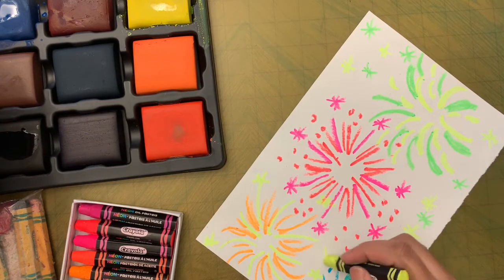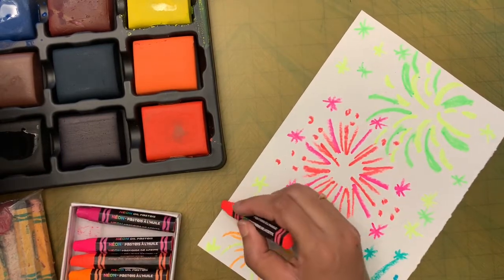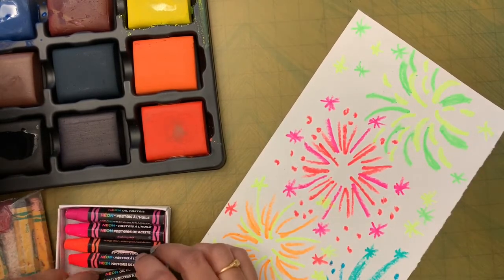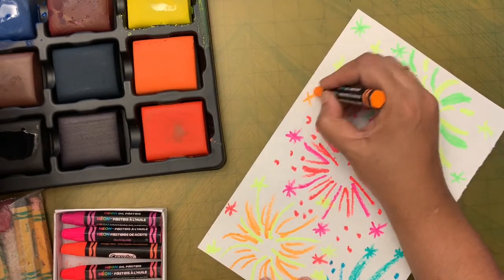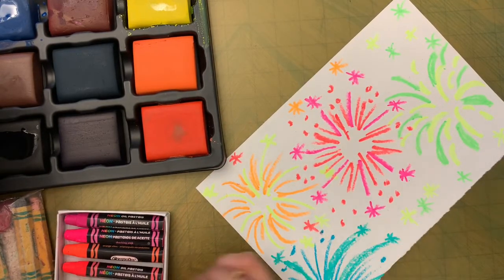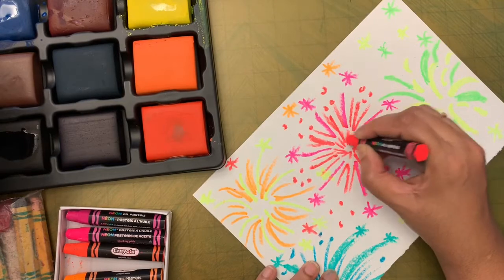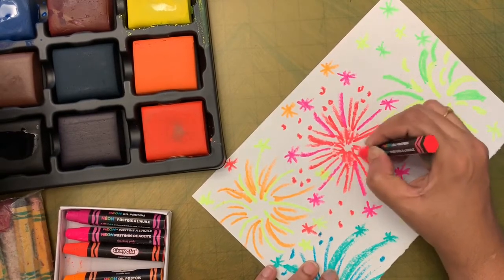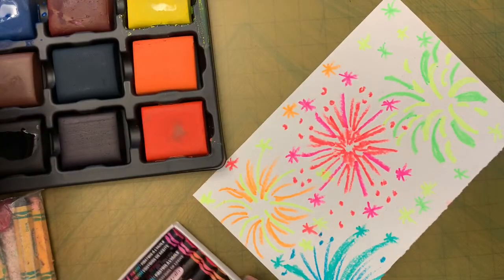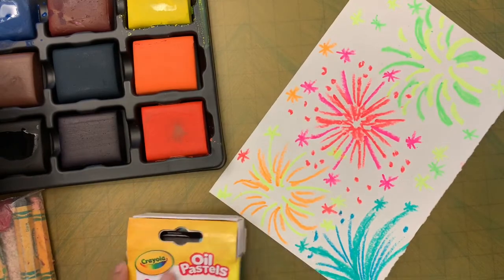Here. I'm going to try and make the sky fill with this. Okay, I think it looks full, right? So here. Now, if you are not painting, if you don't have paint right now, you are done with this. But if you have paint, what you're going to do is